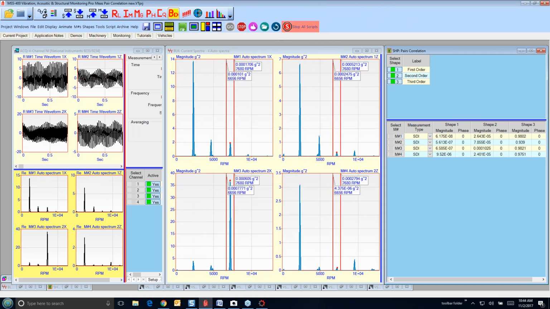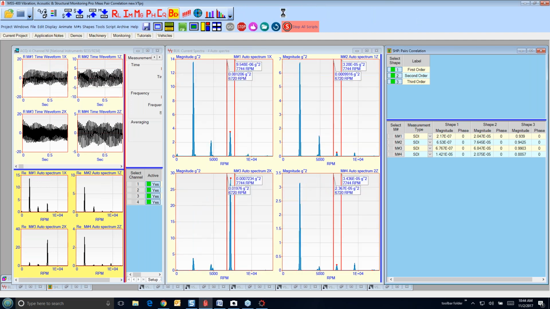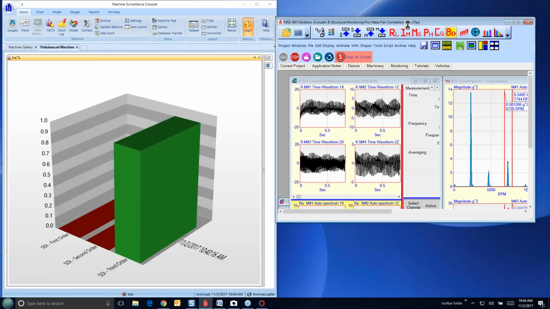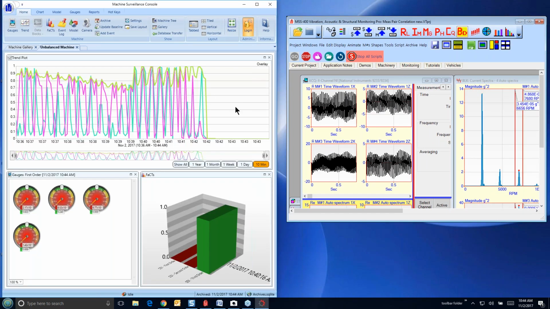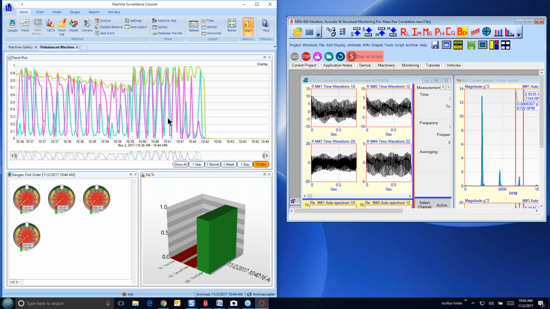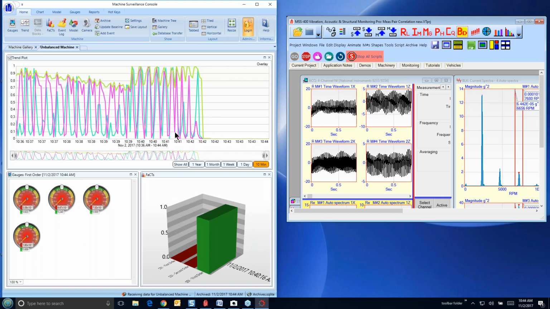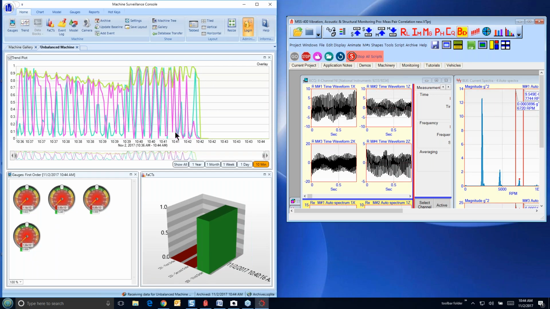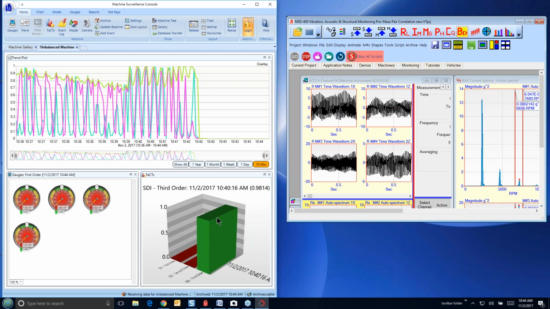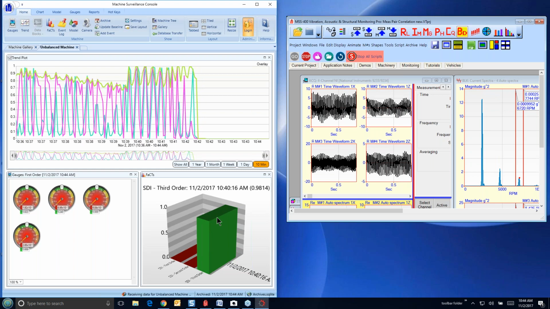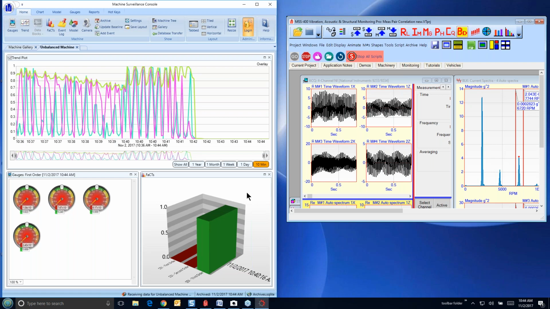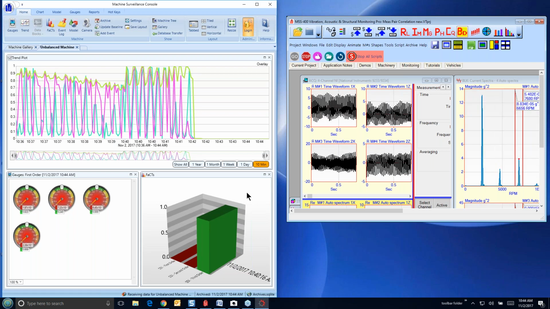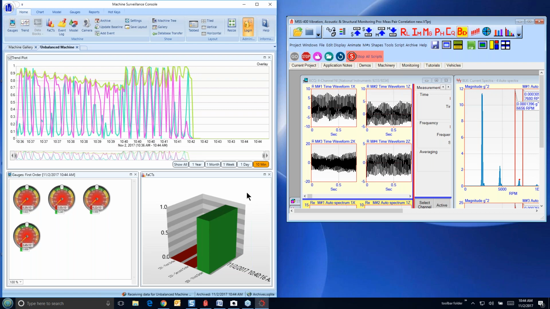Let's drag this back over and see how our trend plot is doing. Well, you can see the values are just jumping all over the place here. And we got some lower values in the trend plot. And Fax is saying the third order doesn't seem to be changing a whole lot. Well, it was quite low before, but if I change the speed, I'm going to crank it even a little bit more here.